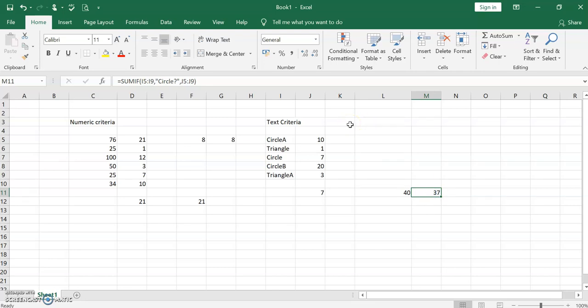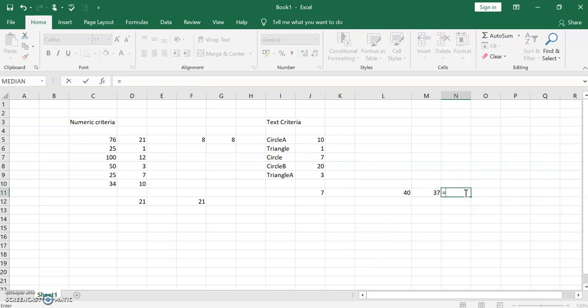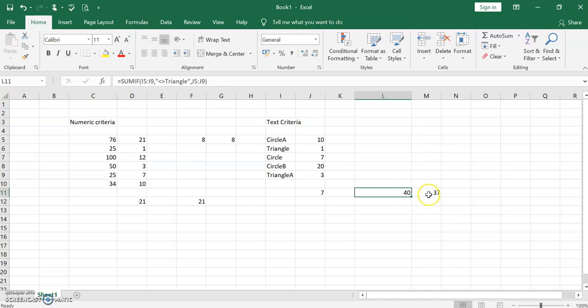And another function. For example, there is another formula. When you give circle, it has calculated the circle as well as it has included all the single characters.